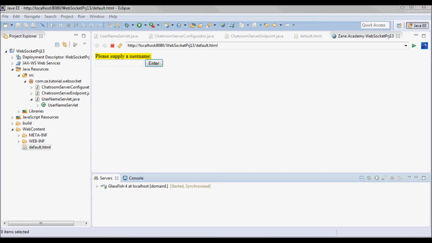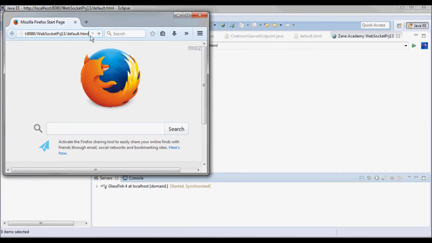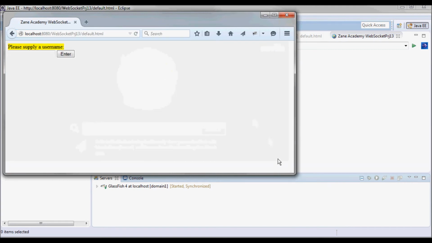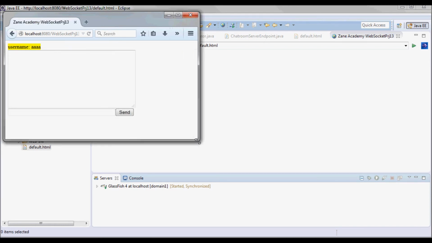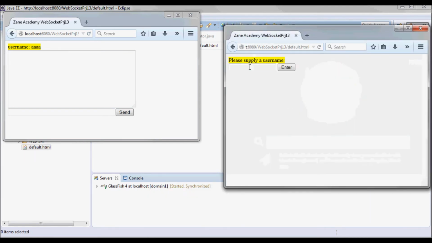And actually, let me use Firefox. Okay, so this is the username for this one. And let's say this is the username for this one.